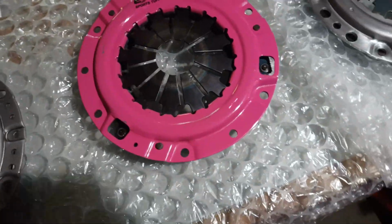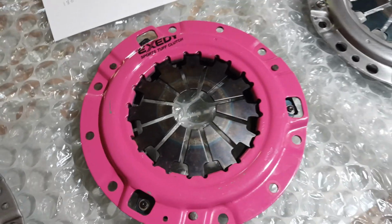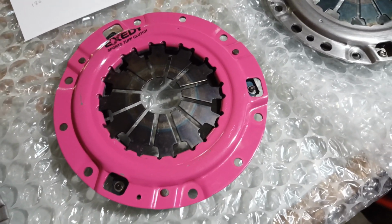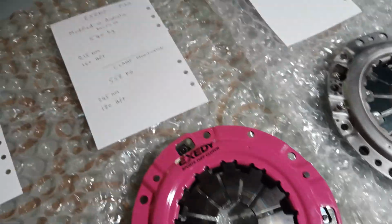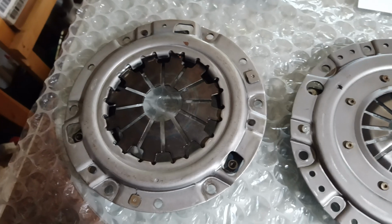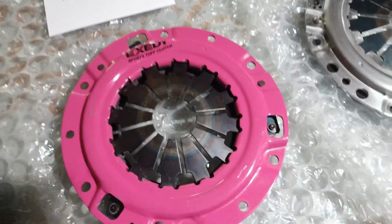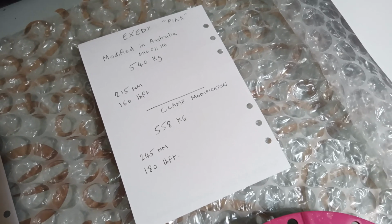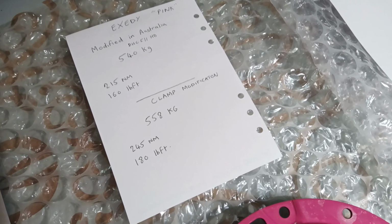Now we have the pink cover, and you've probably come across these or heard of these as well. So what it is, the standard factory cover is then modified by the Australian XZE outfit,